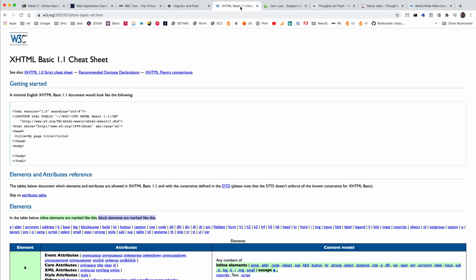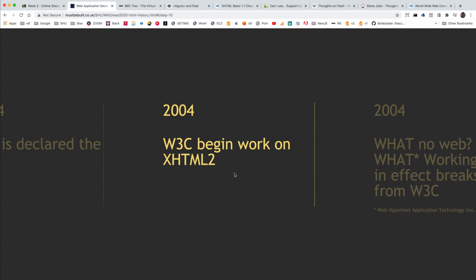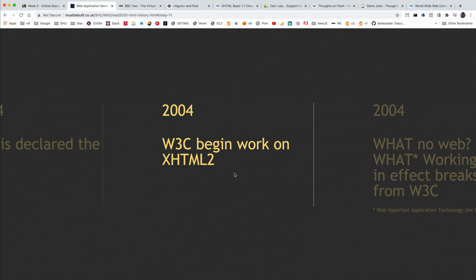You can still see the information about this on the W3 site. It's still there. XML at the time was a very, very popular format for communicating, moving data around the web. It's still in use. We'll talk about it later, in particular in relation to JSON and where JSON has superseded it. But W3C very smitten by this XML construct, so much so that in 2004 they decided that they would